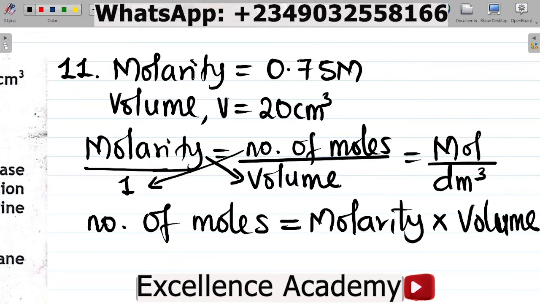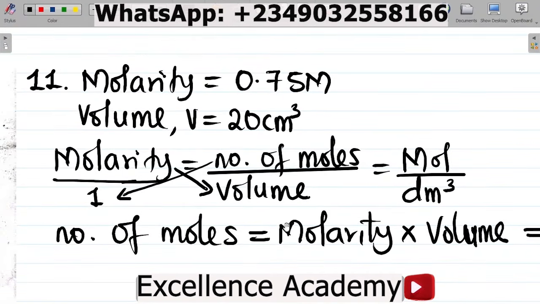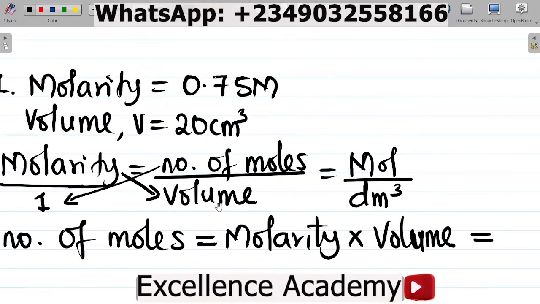So we have this. All right, so this is now equal to, again, I want to note that we said volume should be in dm cube, not cm cube. So if I have volume in cm cube here, my task would be to convert it to dm cube. And to convert from cm cube to dm cube, you will divide by 1000. So that becomes 20 divided by 1000. And if you do this division, 20 over 1000, you have your answer as